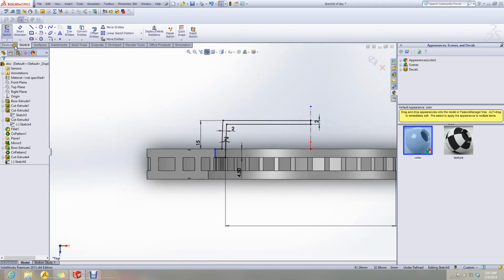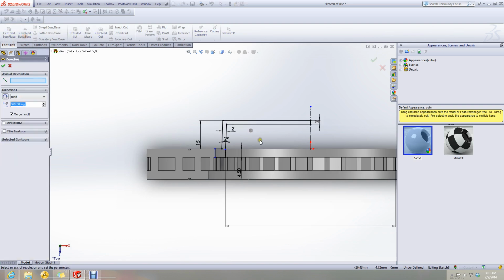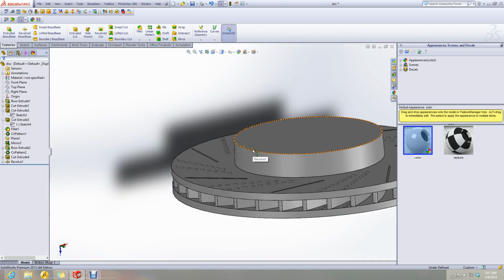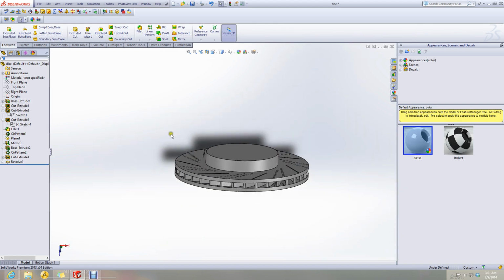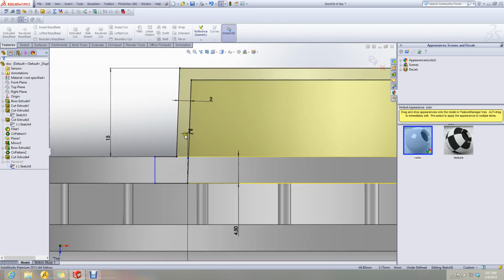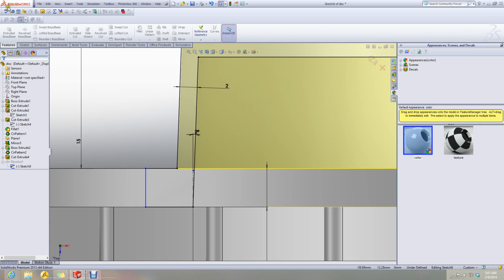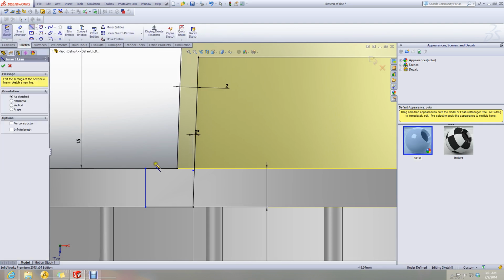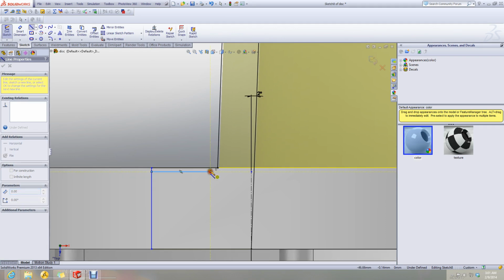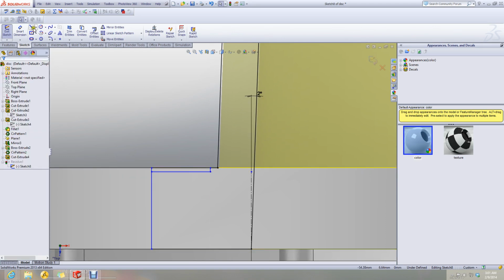Now let's use the revolve feature. Just to show it as a separate feature, there's a slight dip. It is like this in the given model.